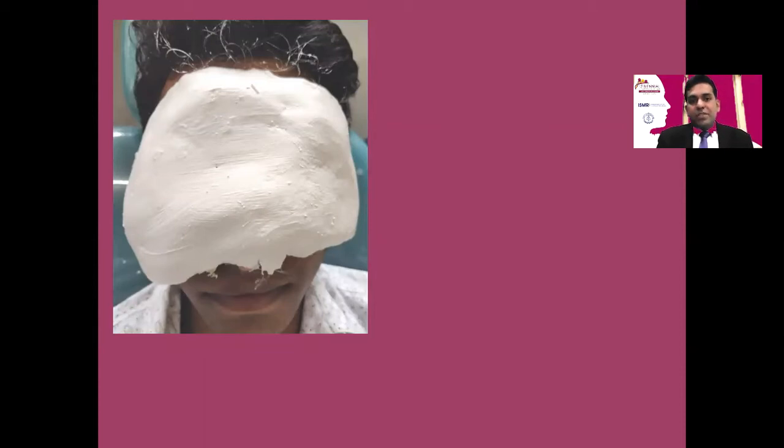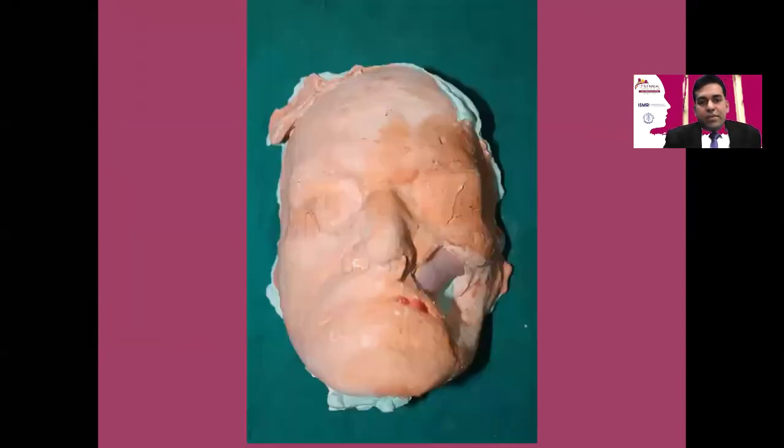As the facial defects are very large, and if you are recording impression of your entire face of the patient, there are chances that the impression material being elastic, it will get deformed. But if you have the support from this stone or plaster, then deformation of these materials will be prevented.